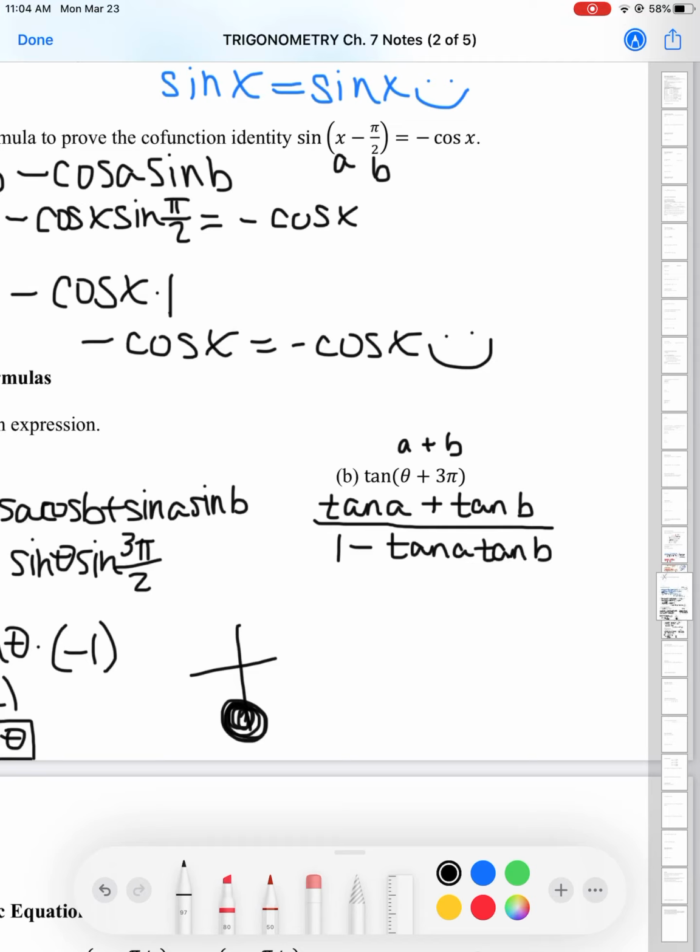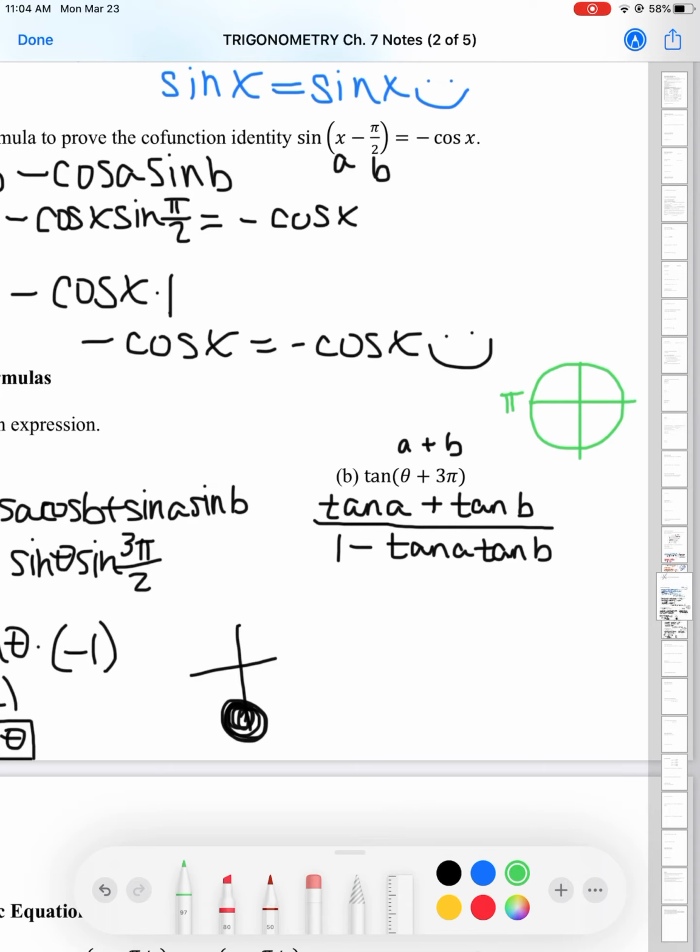Now, pretty straightforward. Again, our A is our theta, so that's really straightforward. We're just going to plug in our theta for A. But our B, if we think about our unit circle, is 3 pi on our unit circle? And your answer should be no. 3 pi is not on our unit circle. But if we think about it, pi is right here. And if we just go around